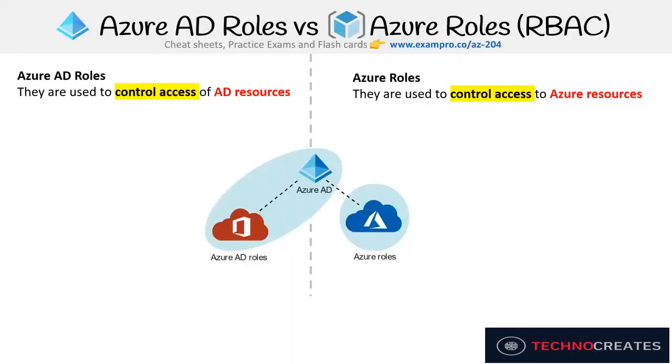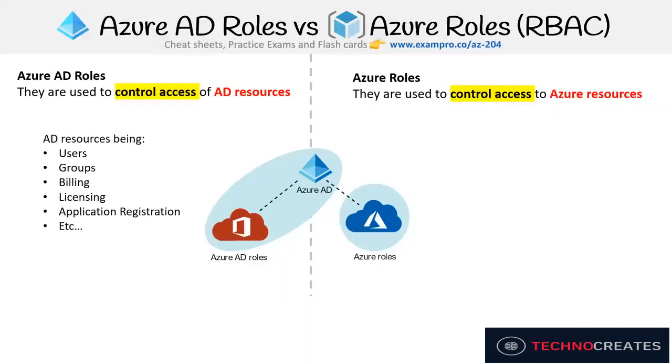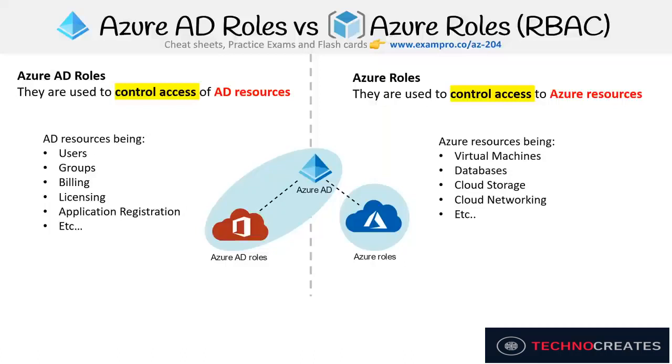right-hand side. And the idea is that the left-hand side actually represents something like Office 365, but you can see Azure AD has some coverage both inside and outside of Azure. So an AD resource could be something like users, groups, billing, licensing, application registration, etc. And then on the right-hand side for Azure resources, this could be virtual machines, databases, cloud storage, cloud networking, and